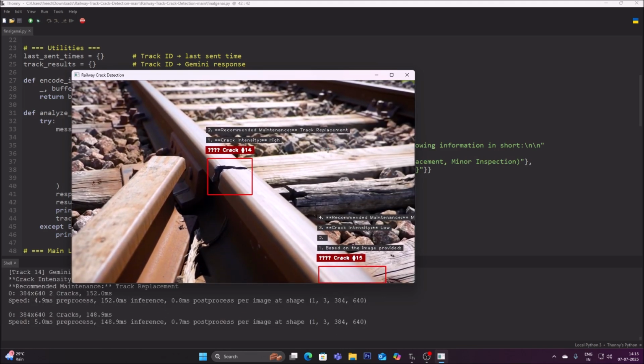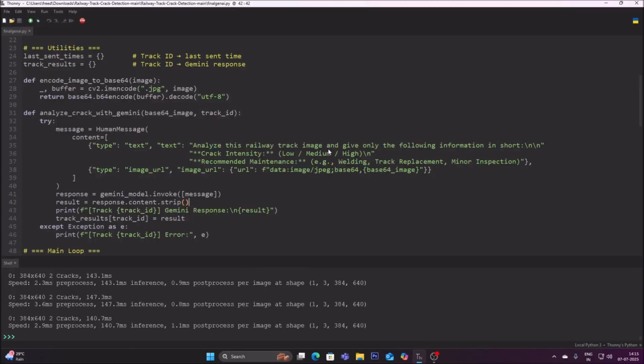So friends, as you can see, with the help of generative AI and YOLO object detection, you can make more and more perfect object detection, or let's just say you can improve the object detection for railway maintenance. For this particular project, I have mentioned the full code along with the video file. Also I have mentioned the Gen AI code inside the